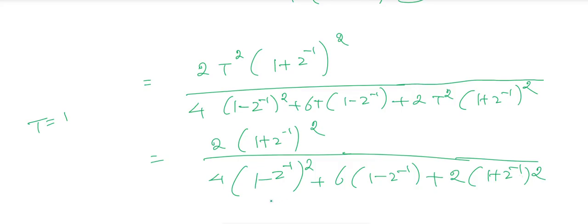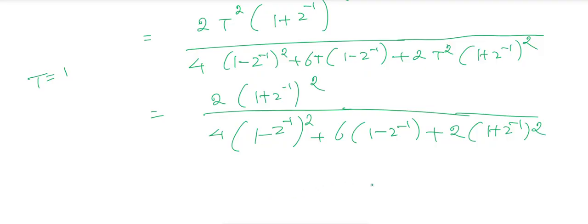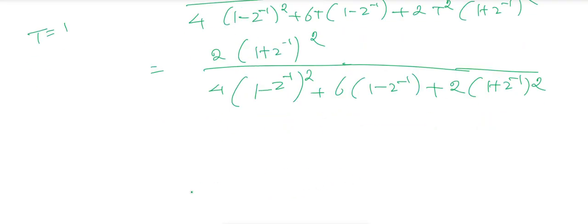So you apply the formulas, a plus b the whole square and a minus b the whole square: a square plus b square plus 2ab, a square plus b square minus 2ab. So you substitute. So finally you will get